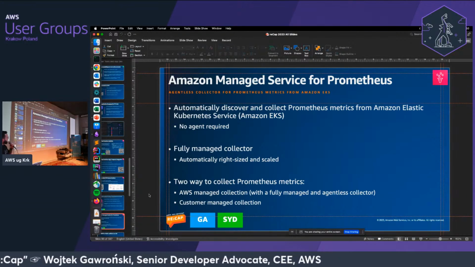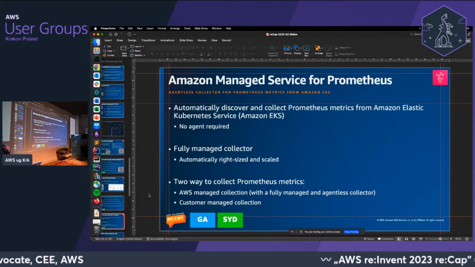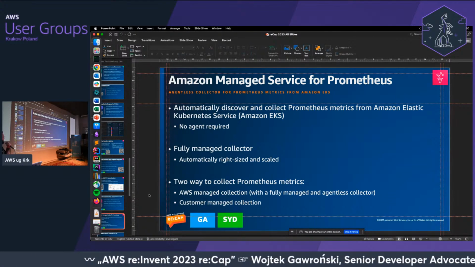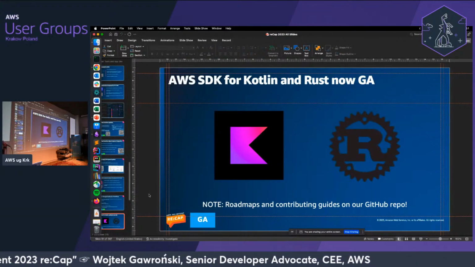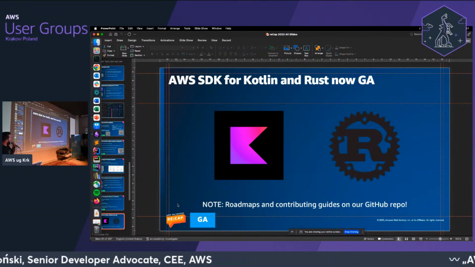Again, regarding the new small updates that didn't get a lot of noise, Managed Service for Prometheus got some updates regarding the collectors, support for EKS, and also the ability to collect those metrics. And last but not least, two SDKs are generally available, for Kotlin and for Rust.